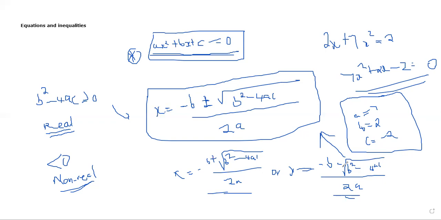I'll just do one or two examples, and then we move on, because it's basically substituting, right? So let's assume that they give you this equation: 2x squared plus 3x equals 7, right? Obviously, the first thing that you would do, as I told you, is write it in standard form. So when you write it in standard form, it will be 2x squared plus 3x minus 7, because you're taking this 7 to the other side, and then it will be equal to 0.